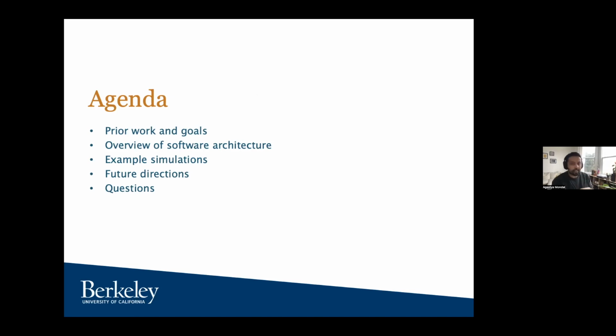Yeah, so I'll just be talking a little bit about the prior work and what has kind of led up to this framework, and talk about the overview of the software architecture and some of the new changes we've made since the last version was released a couple of years ago. I'll walk through a couple example simulations, some very basic ones, just to show how you would go about setting up one of these simulations,